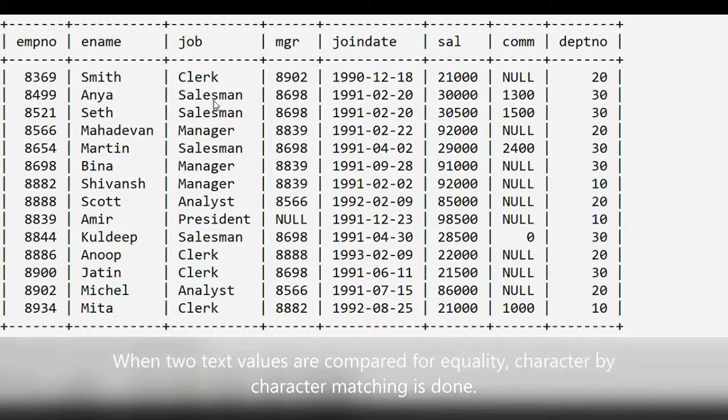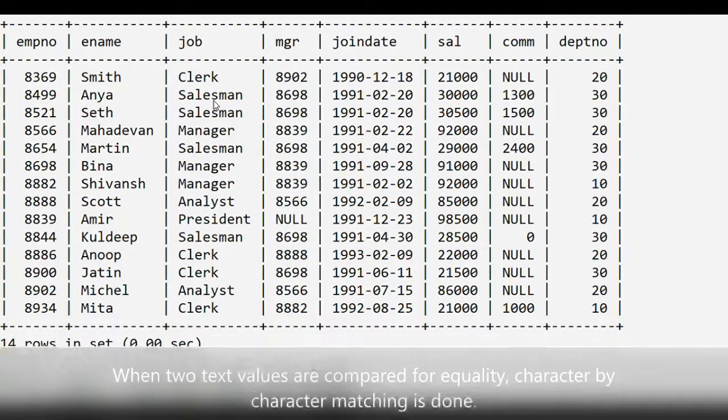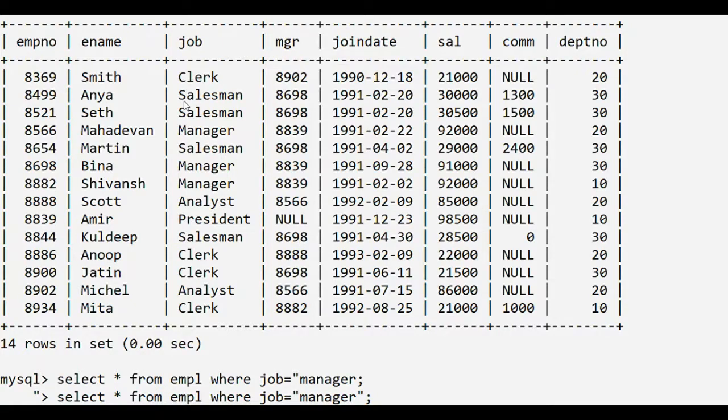When 2 text values are compared for equality, character by character matching is done. And so on, it picks up each record, and here the value of the job field is manager. Is manager equal to manager? True. This record will appear in the output.